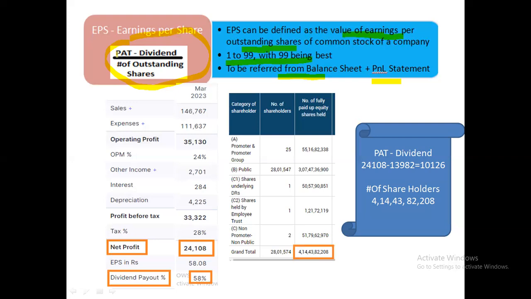It is the net amount minus dividend payouts. Dividend, every year the company will be issuing dividends. They have to issue them from their profit only. They cannot issue the dividend from the sales.